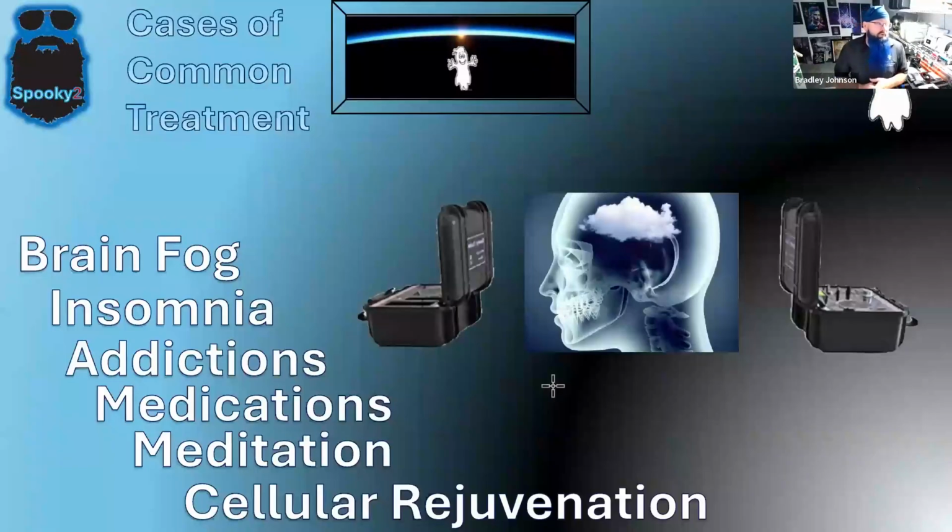Okay, so what are some of the most common treatment methods for the Spooky2 scalar? So first off, my number one favorite thing to address with this thing is brain fog. Often when you have the hecticness of your day, I use this understanding of sitting in the scalar as a dry erase board. When you're walking around throughout the day and interacting with frequencies and different energies, your dry erase board is taking on different bits of information and frequencies and energies, and you're just compiling it up and compiling it up until you get to a point where you feel like your cognitive ability to think and process information is being impaired,